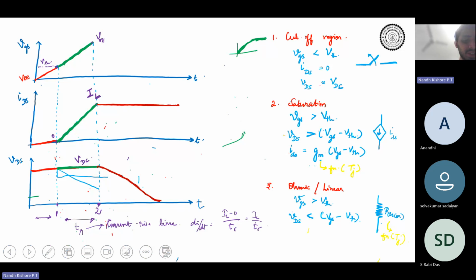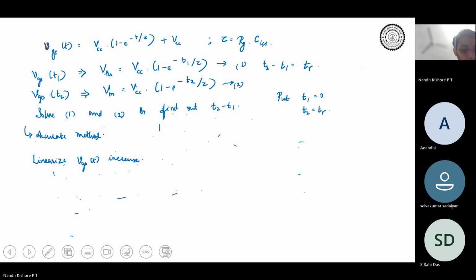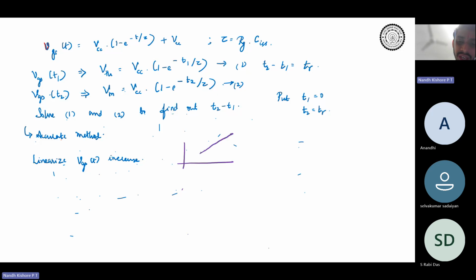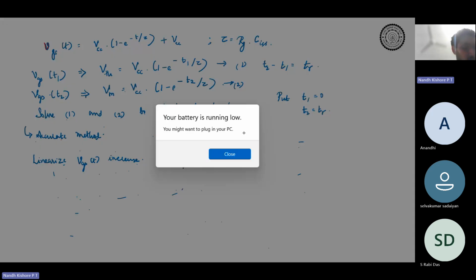Then it is even easier. This is just a straight line with coordinates, let's say this is time 0. This is 0 comma V threshold, and this is simply TR comma VM. Do you agree? Is this fine? I have just written the coordinates for VGS. From this also you can find out. So we have something like this. This point is 0 comma V threshold, and this point is